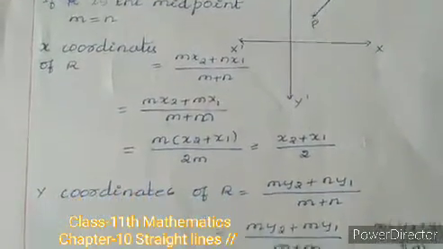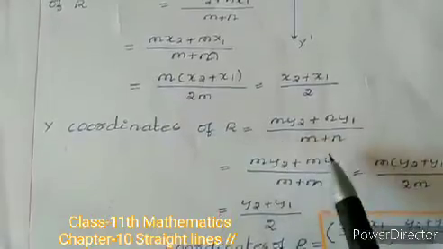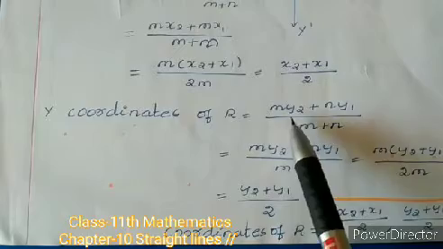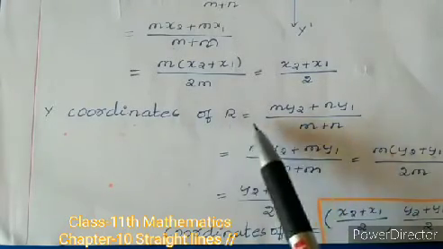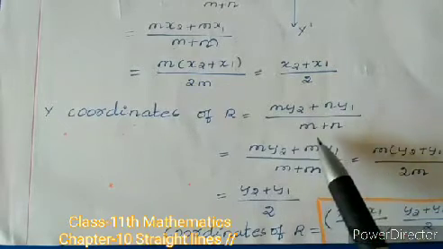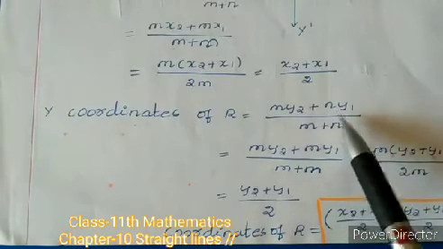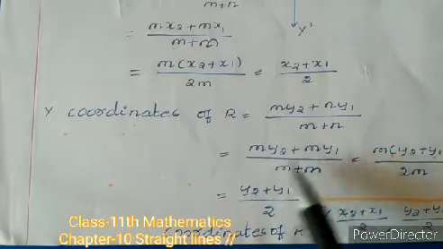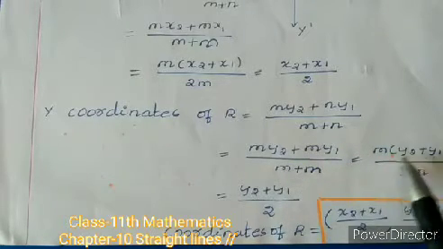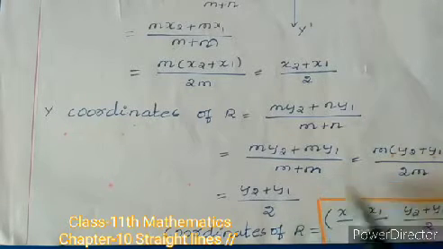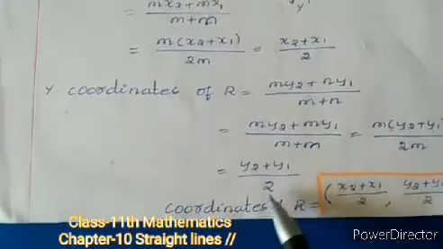Then to find out the y coordinate of the midpoint R, we can use the formula. See, in the previous formula, that is the internal divide formula, you have to make slight changes. You know that the y coordinate of R we can find out by using this, that is my2 plus ny1 divided by m plus n. Here replace n with m, or even you can replace m with n. Any one replacement you can make: my2 plus my1 divided by m plus m, that is m into (y2 plus y1) divided by 2m. So after cancellation of m, here we get y2 plus y1 divided by 2.